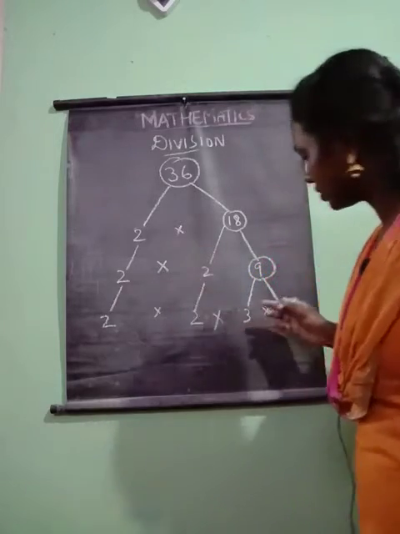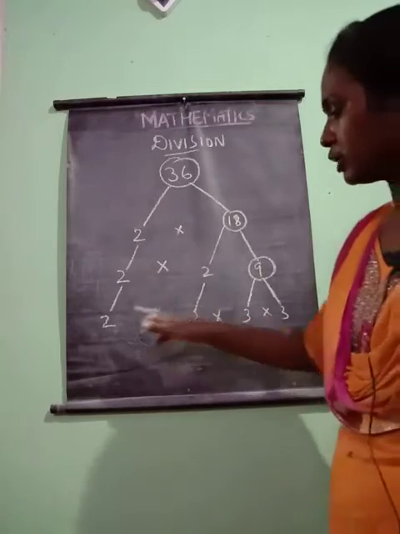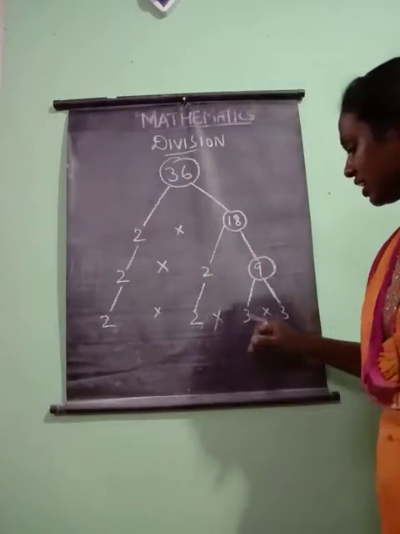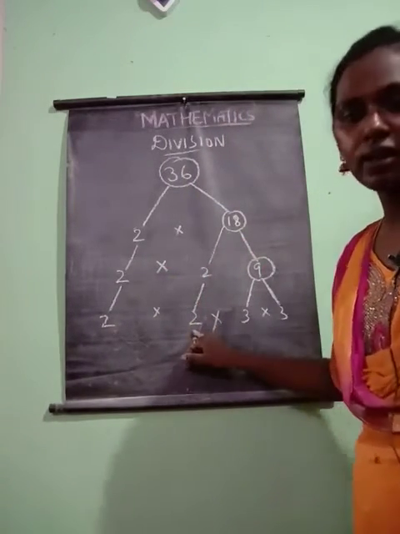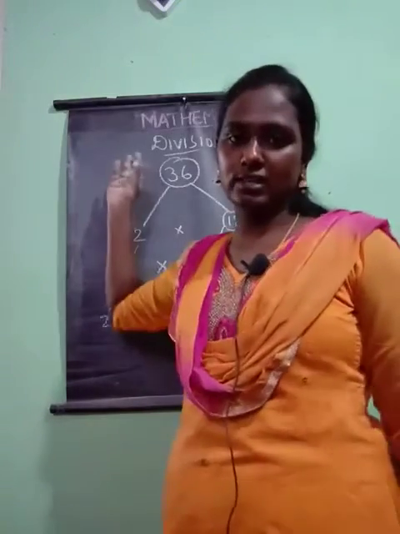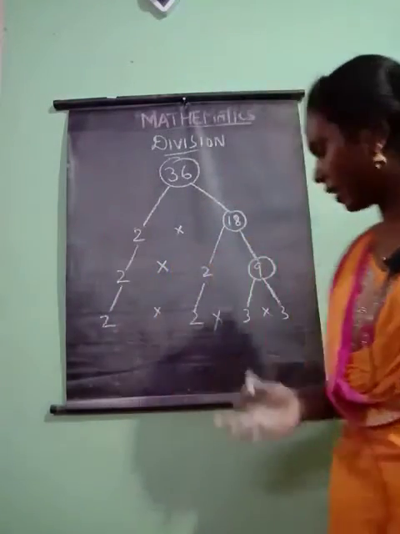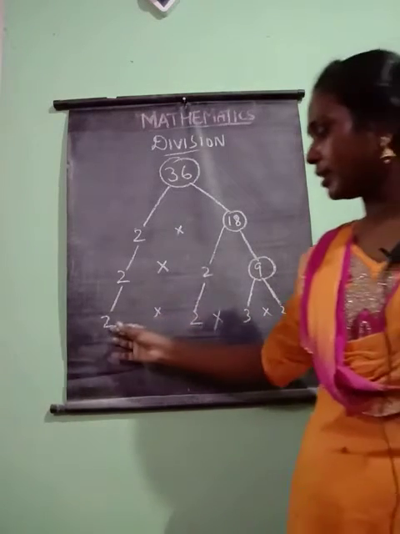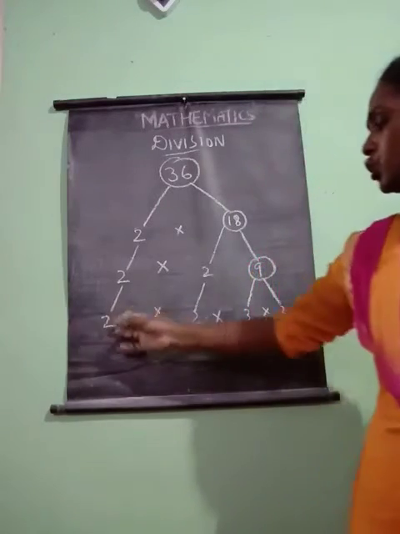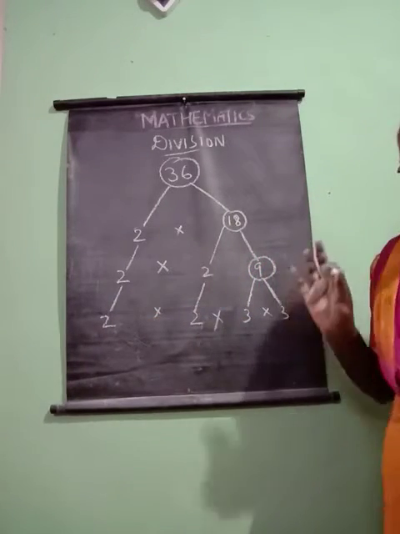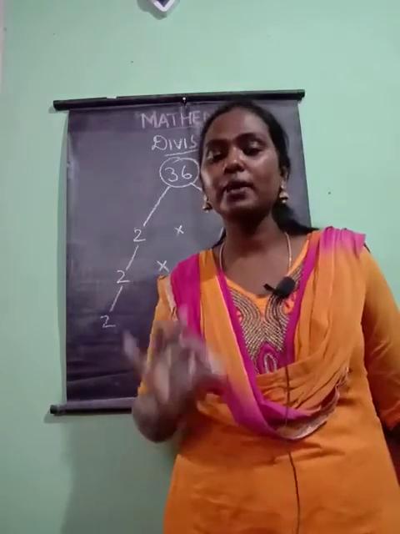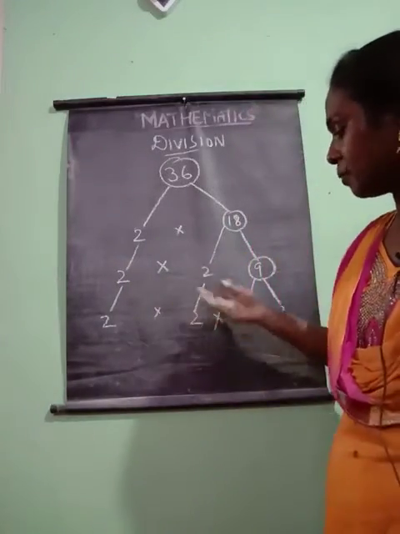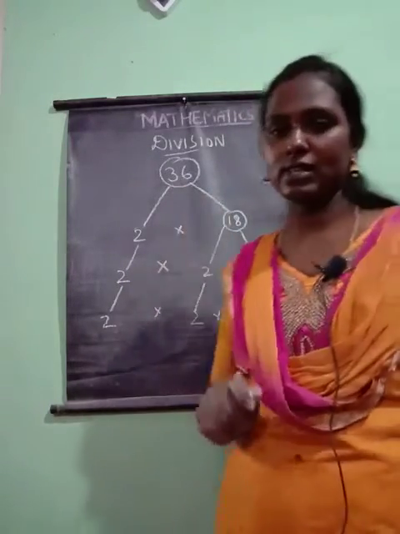So now just see 3 into 3 into 2 into 2. We can multiply in the mind whatever number we are getting. So 3 3s are 9, 9 2s are 18, 18 2s are 36. We got it, right? I repeat once again, 3 3s are 9, 9 2s are 18, 18 2s are 36. Here 2, 2, 3, 3 are all prime numbers, the numbers which are not a multiple of any other tables. So by just multiplying these prime numbers we get 36.